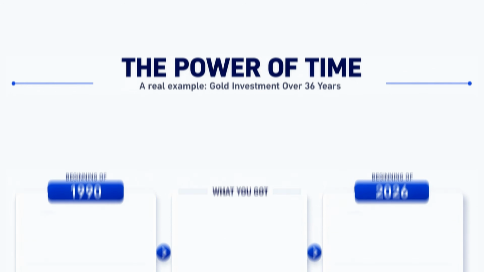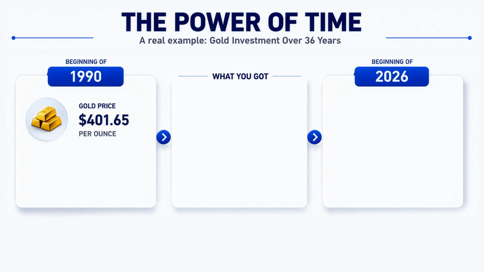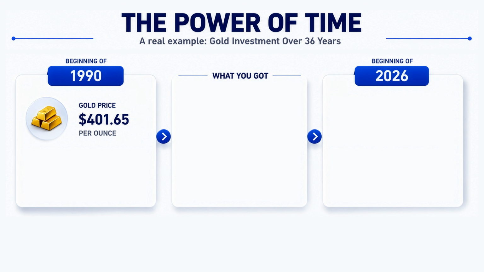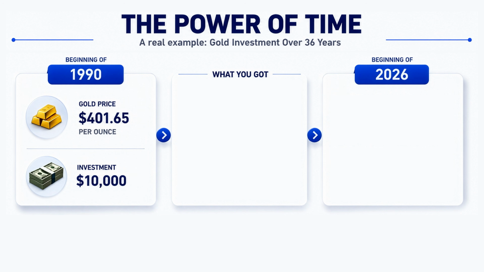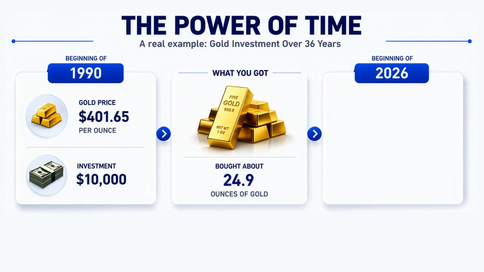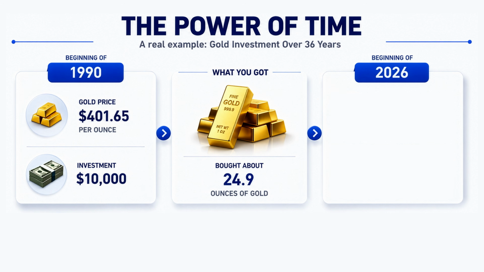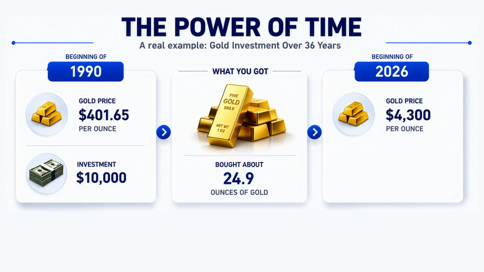At the beginning of 1990, gold was priced at $401.65 an ounce. If somebody had invested $10,000 in gold at the time, they would have bought 24.9 ounces. 36 years later, at the very beginning of 2026, gold was around $4,300 an ounce, and that investment would have been worth